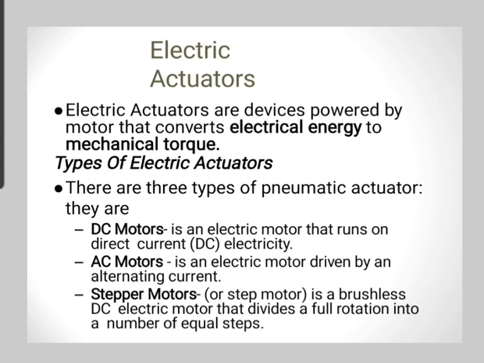Next is linear DC actuator. This DC motor can convert the DC voltage to linear motion, like pneumatic and hydraulic actuators. So there are a lot of robotic applications using linear actuators. So these are the different type examples of DC actuators.